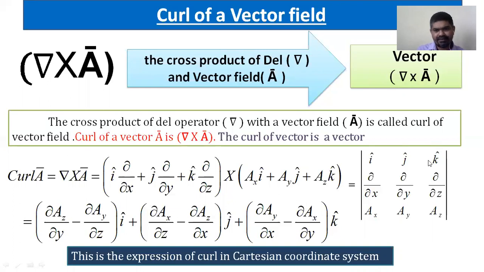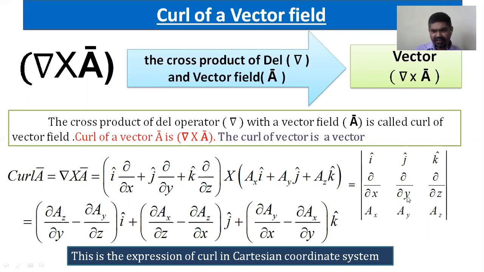Here I have written mathematically, in determinant form, the curl of a vector field. You just perform the cross product of the del operator with this vector: I cap, J cap, K cap; dou by dou x, dou by dou y, dou by dou z; Ax, Ay and Az. You first take the I